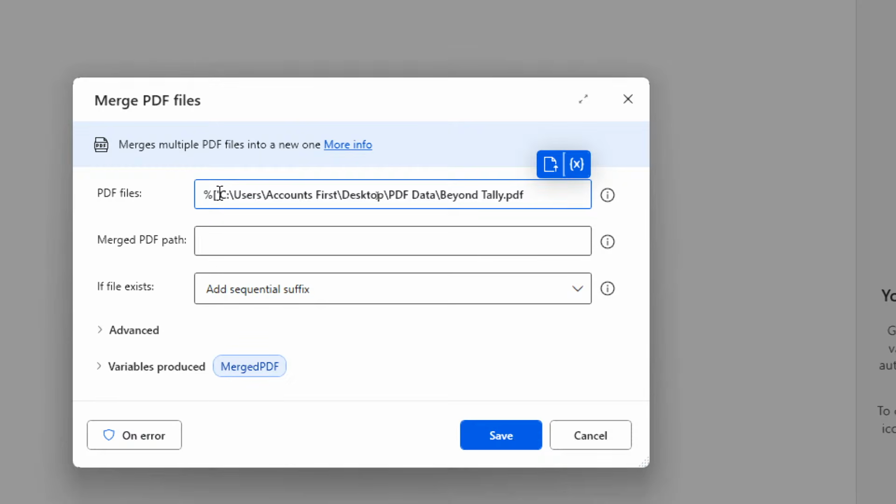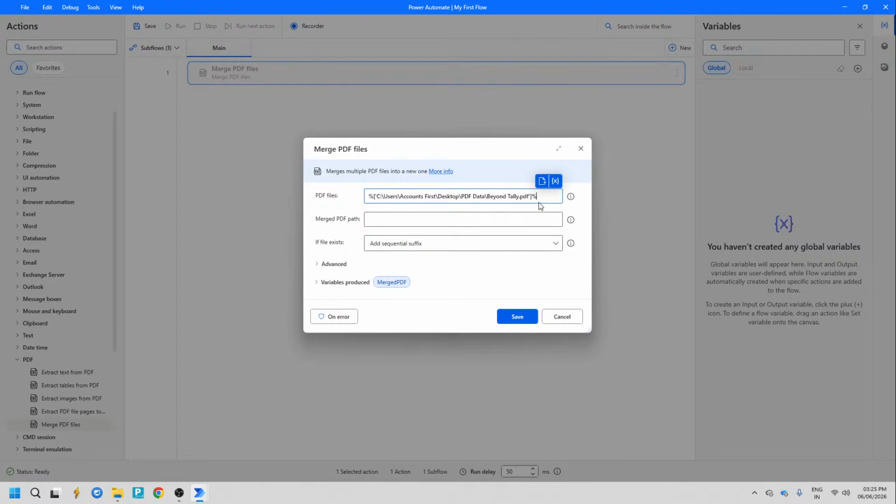And now if we are starting in this way, at the end we have to just reverse the order, like first the single inverted comma is there, then the close bracket, and then the percent. This is how we have to write a text in a variable format. If something is written within two percent signs, that means it is a variable in Power Automate. Okay,